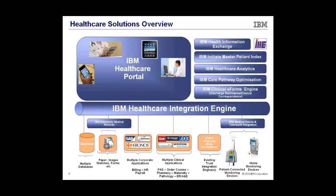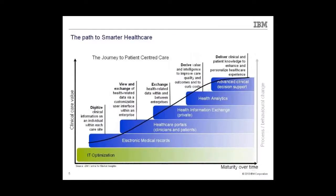One area typically is around medical records. So most organizations are still working with paper medical records, and typically that's an area that I'll talk a little bit about. So in terms of the pathway for smarter healthcare, what we typically see here is a graph that shows IT optimization is the key. And typically, if you imagine maturity over time against clinical care value, electronic medical records is an area where you could actually reap some benefits. So typically, what we're looking around is converting the paper records to electronic format and then enabling that to be shared. We talked also about healthcare portals to share this information, health information exchange, and health analytics. And a key area as well, which is advanced clinical decision support, is something that's a hot topic within the